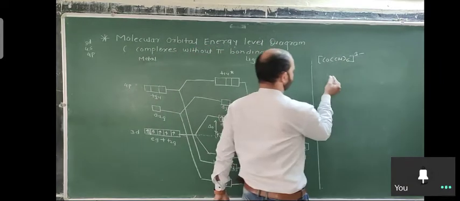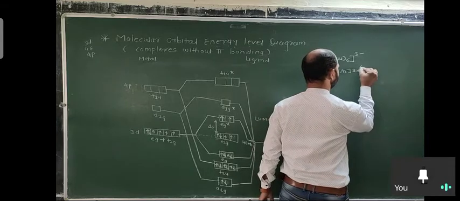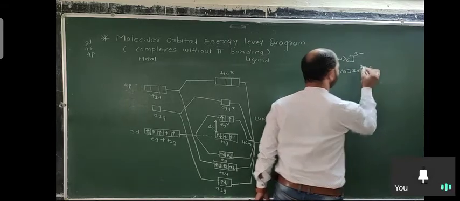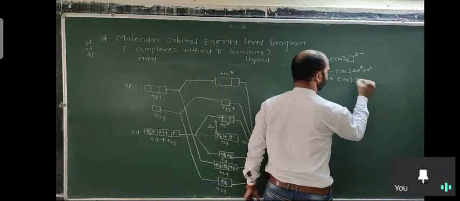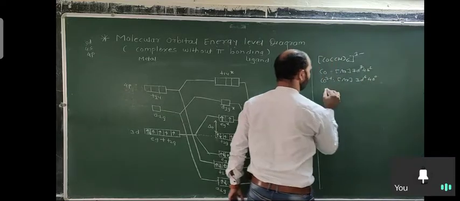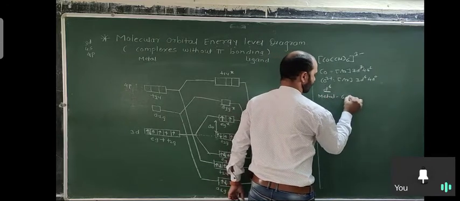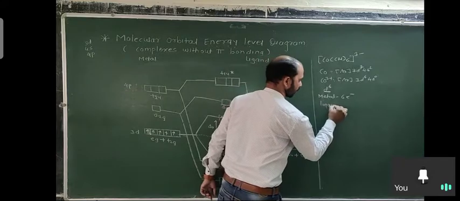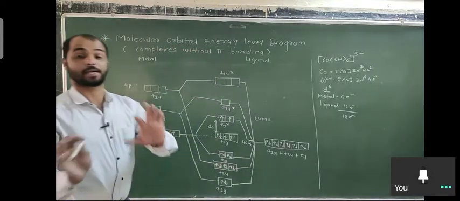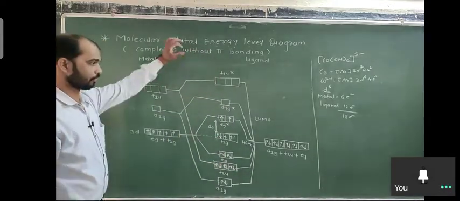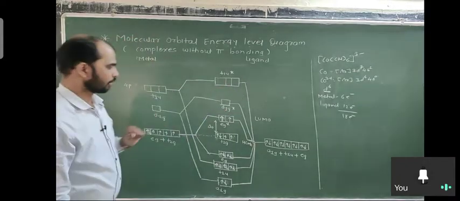Okay, so here cobalt electronic configuration is Ar 3d7 4s2. Cobalt has again +3 oxidation state, so here 3d6 4s0, meaning d6 is the system. So metal giving 6 electrons, ligand 12 electrons, so total 18 electrons. Again same thing, the only change is the nature of the ligand. In the first case there is fluorine, and here is cyanide. Okay, so total 18 electrons.